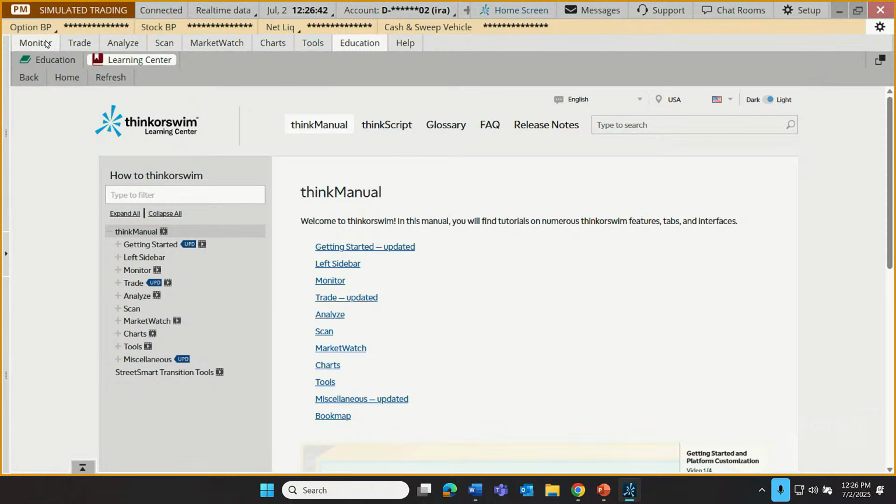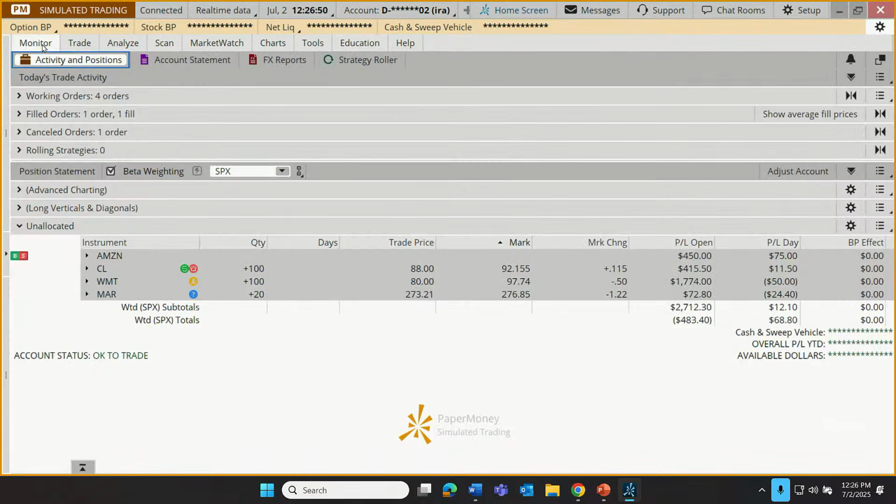All right, so let's go back here to the Monitor tab, because now we're starting to dig down into those catacombs. Are we feeling a little bit lost? Hopefully not. If I go back to the Monitor tab, now we're back in familiar territory. I'm going to encourage you to explore these features on your own using paper money. Don't worry, there's actually even a reset button. If we get in, place a few trades in the paper money, and we don't like how it's going, we can reset it. It's right over here under Adjust Account.